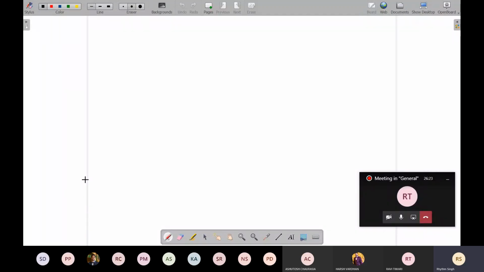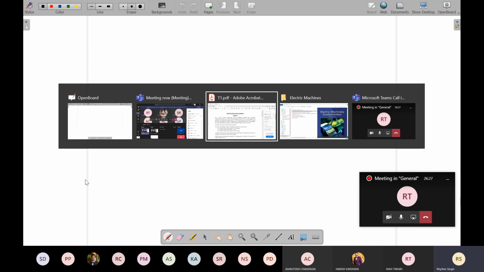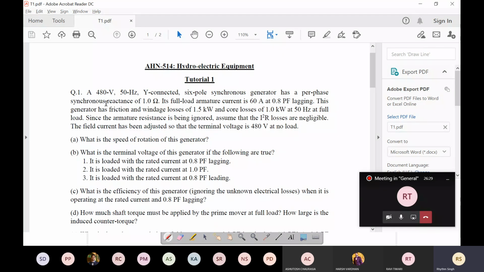Okay, so let's first look at some of the preliminary things from this statement here at the top of the problem. In the beginning, there is some data which is given. So it is a 480 volt, 50 hertz, star connected, 6-pole synchronous generator. A few things: frequency is given, star connection is given, and it is a 6-pole synchronous generator. So number of poles is given. 480 volt is the rated terminal voltage,